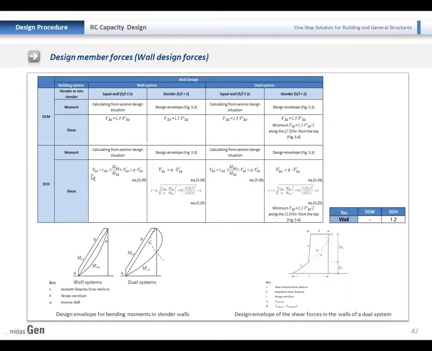For walls, the same rules are applied, and for different types of walls, we apply different design forces. And a moment envelope is required for the walls. We consider this moment envelope during the detailing and when considering the design forces.